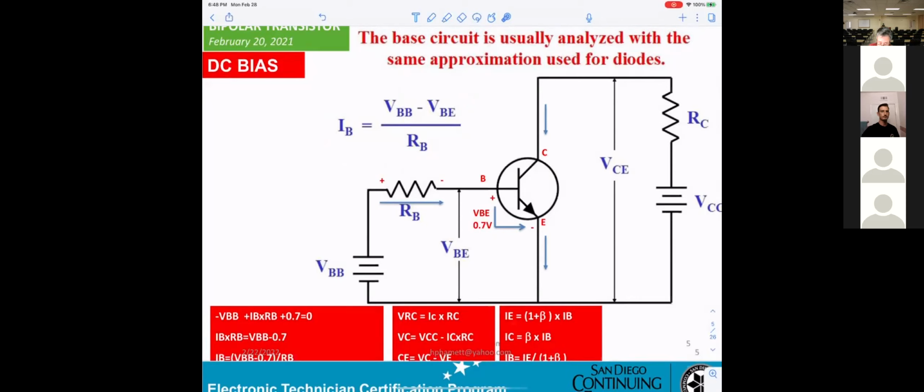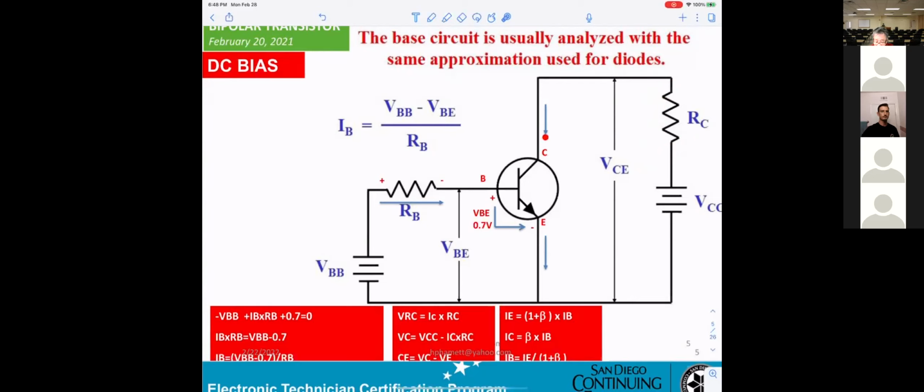IE will use 1 plus beta, so IE equals 1 plus beta times IB. And if you want to calculate the voltage across RC, the current flow is IC, then the VRC will be IC times RC.